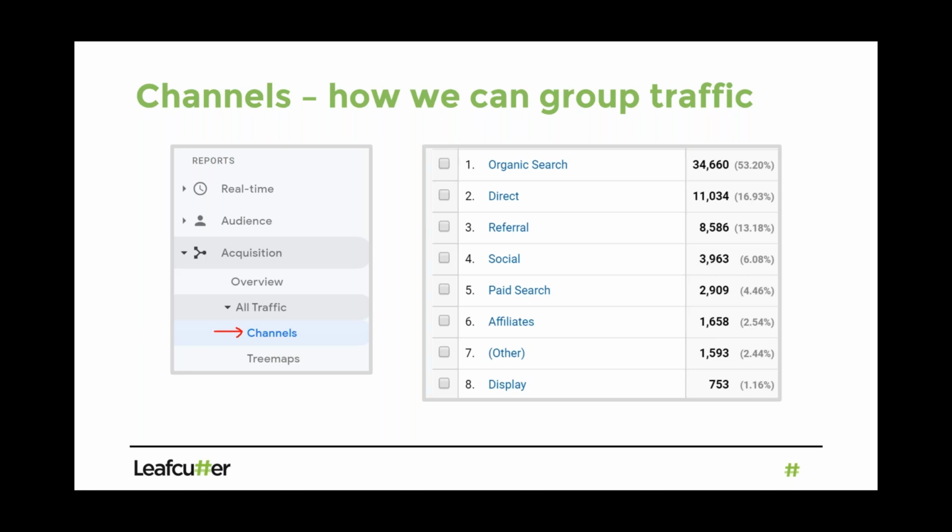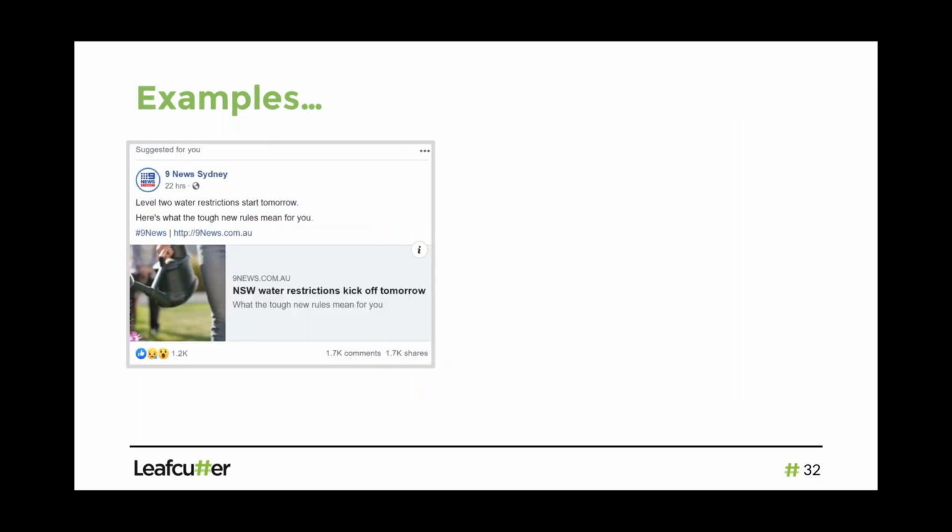So we have these kind of channels, and this might be what you typically look at in the reports. You might also jump into source medium, which is going to show all of the traffic to your website and not kind of grouped in any particularly logical way. So here's a few examples of just like what happens. Like if I click on a link, and what source and medium will Google Analytics use? So this is just from I was on Facebook and I just saw this link from Channel 9 News in Sydney. And if I click on that link, you can see that the URL there is just http 9news.com.au in the ad. If I click on that, it just goes to their homepage, right? And there was no UTM values, or there's no kind of campaign tagging in that link.